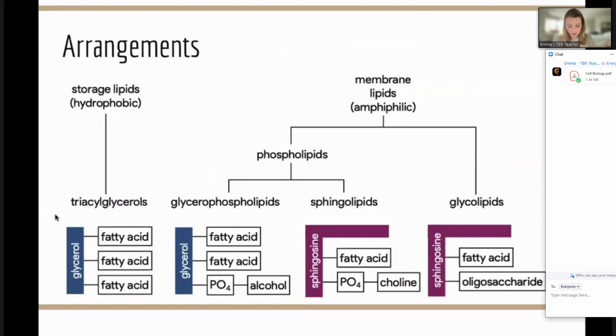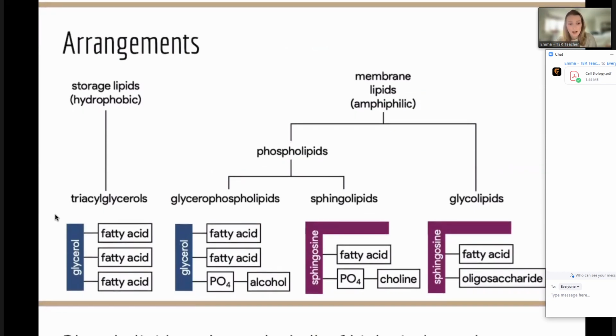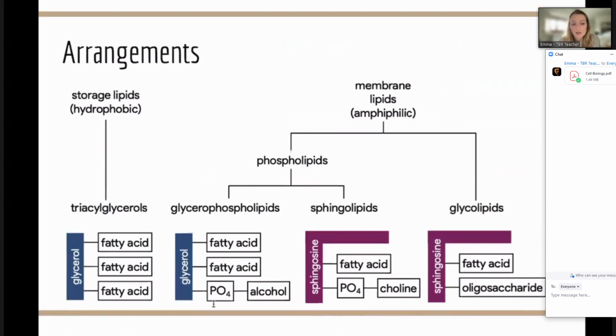Sorry, that was a weird transition. So we mentioned glycerol. You can also have something called sphingosine, which is another different molecule. It's an amino alcohol, also has a really long carbon chain. So this part right here is the actual sphingosine carbon chain. And then you can see here that we can also have phosphate groups join in.